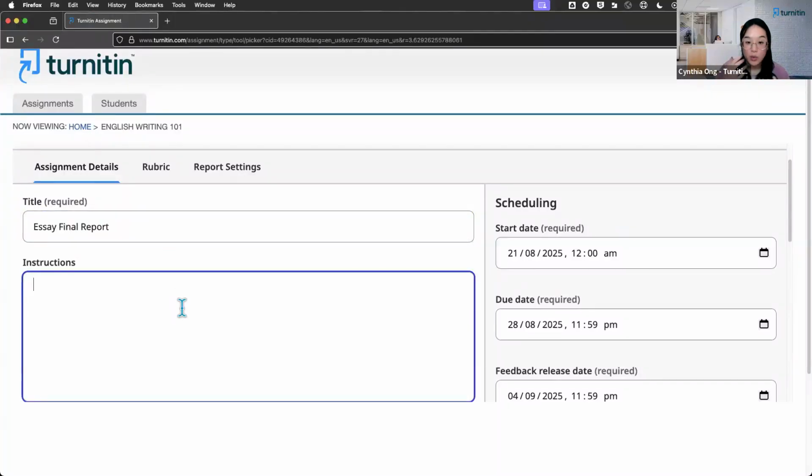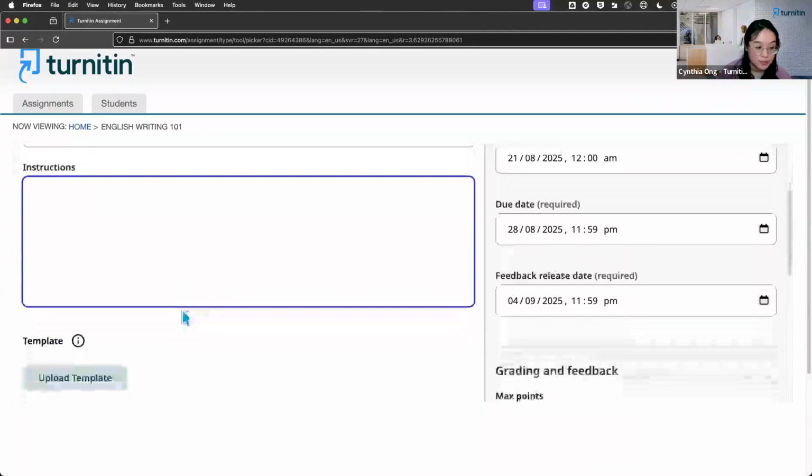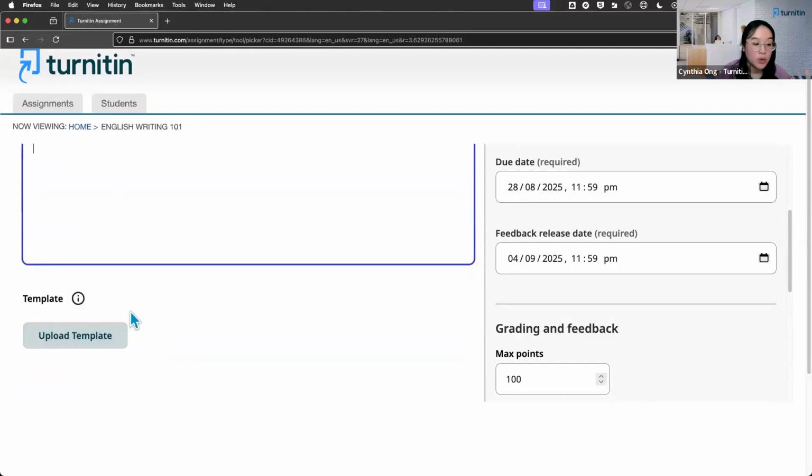Under instructions, you can add whatever instructions required, such as the criteria you're looking for, number of words, the formatting type, things like that. Underneath here, we can upload a template. A template is something that you want to be excluded from the report that all your students will be using. So for example, if you're getting your students to upload a paper with a standard assignment cover page, and you are concerned that the cover page might trigger similarity matches because they're all the same, you can just upload a blank cover page into the system, and it means that the template will be ignored when Turnitin